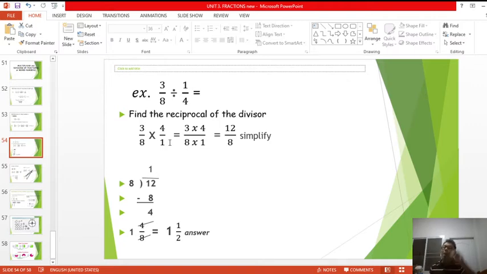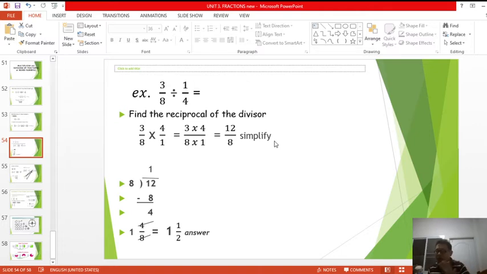You just got to multiply the numerators together, so we get 3 times 4, and the denominators together, 8 times 1. So our answer here: 3 times 4 is equal to 12, and 8 times 1 is equal to 8. Now, this is a crucial part in which I have a lot of experience with my students, because they learn that when you have this kind of answer or fraction, you can just use division to simplify it. Yeah, that is partly correct, but